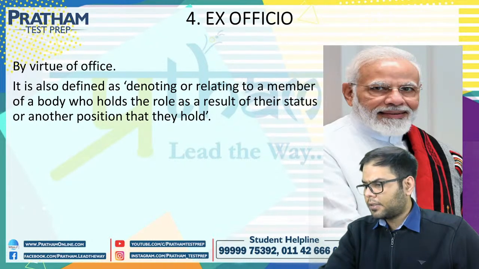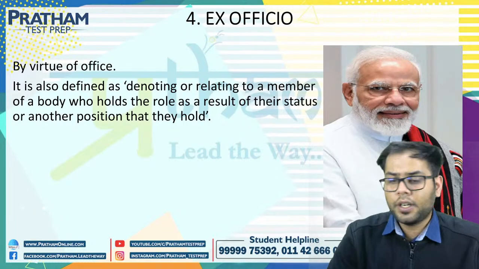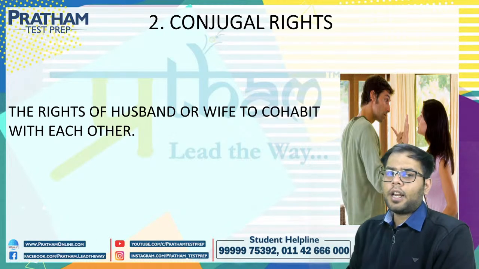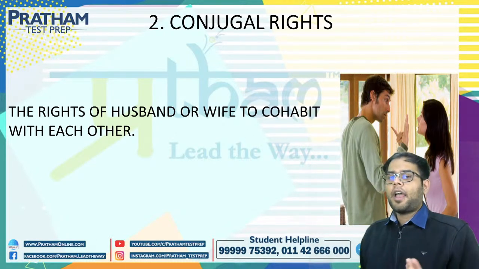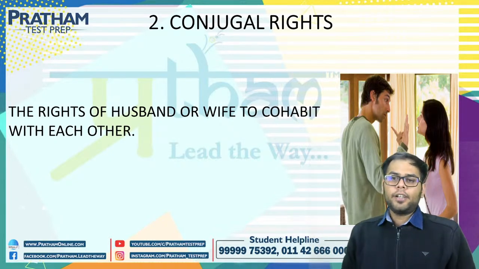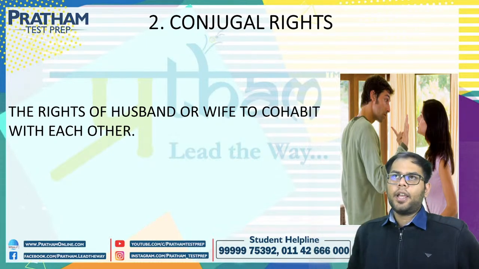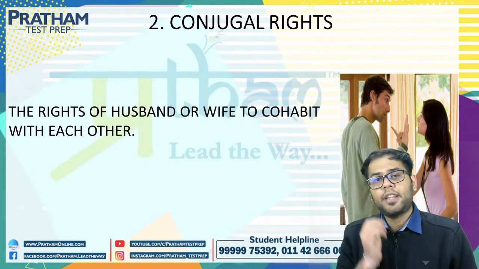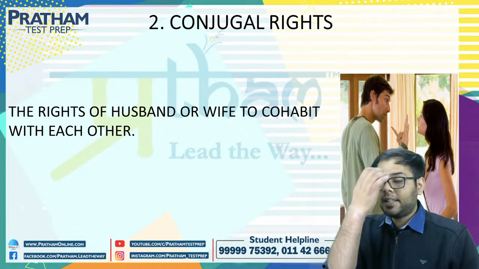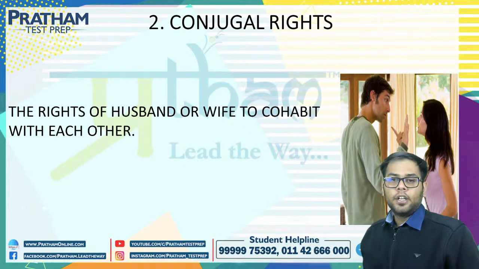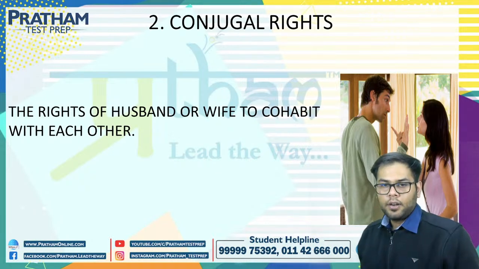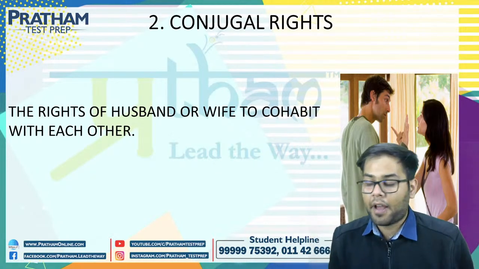Okay, Siddhant asked me, I was confused about conjugal rights. Okay, Siddhant, I'll get back on conjugal rights. So conjugal right is a right of a husband and wife to stay together in a house. They have the right to cohabit, right? So if someone says that today you marry someone and you're not allowed to stay with them in the same house, then basically they are taking away your conjugal right. So you get a conjugal right after you have gotten married to someone, right? So it is a right of a husband and wife.